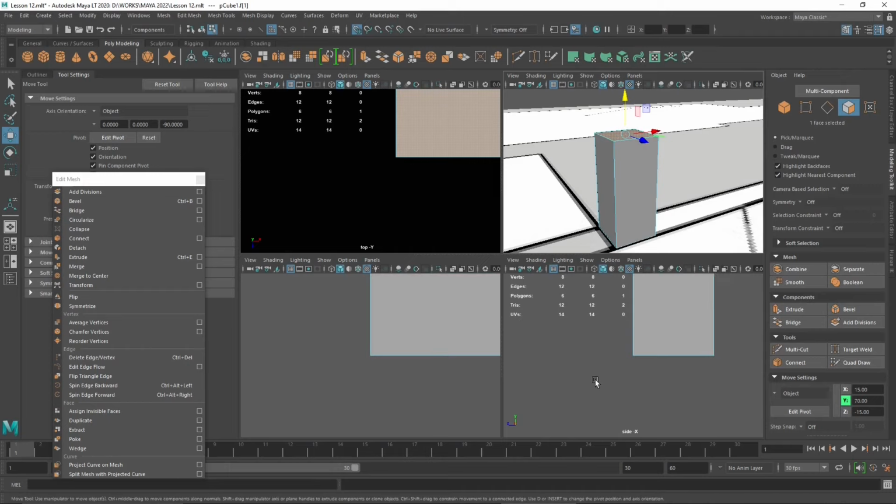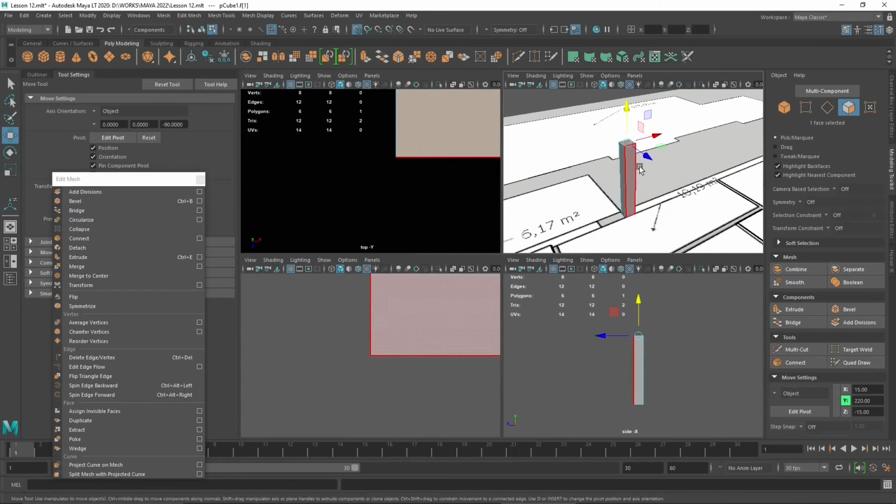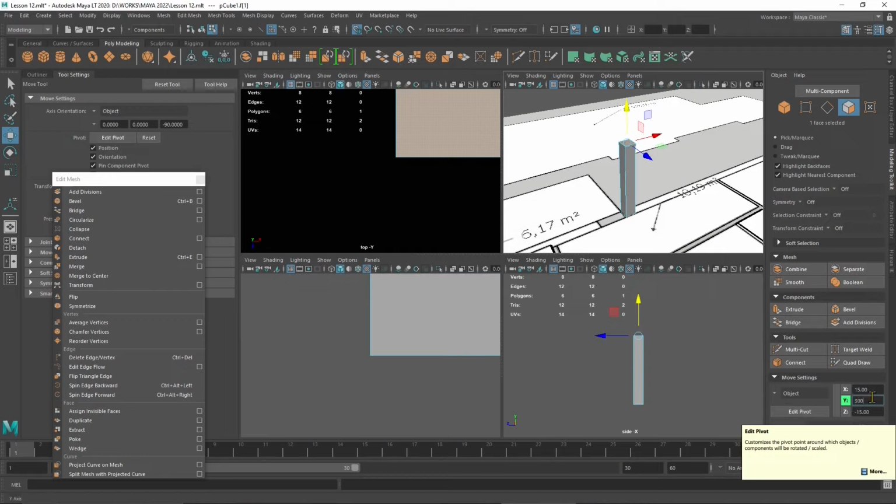This is something that is pretty handy and useful when you do polygonal modeling. You just move the face. You don't care anymore about the parameters. You just go through the face there. You set up 300 centimeters in the move